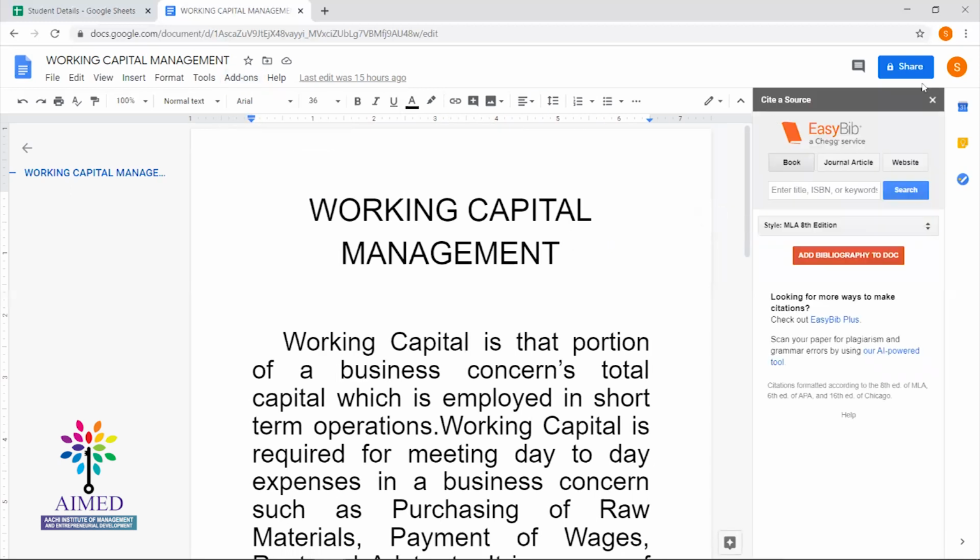As usual, you'll get a pop-up on the right hand side. It gives you the option to add either a book, a journal article, or a website. You can select any one, or you can select all three options also.